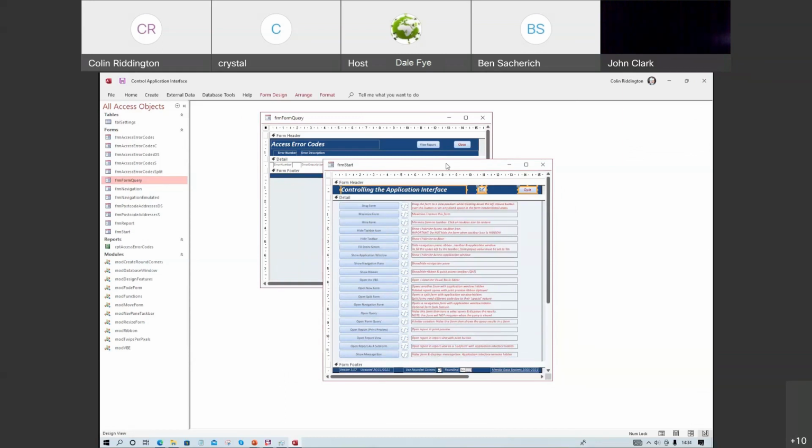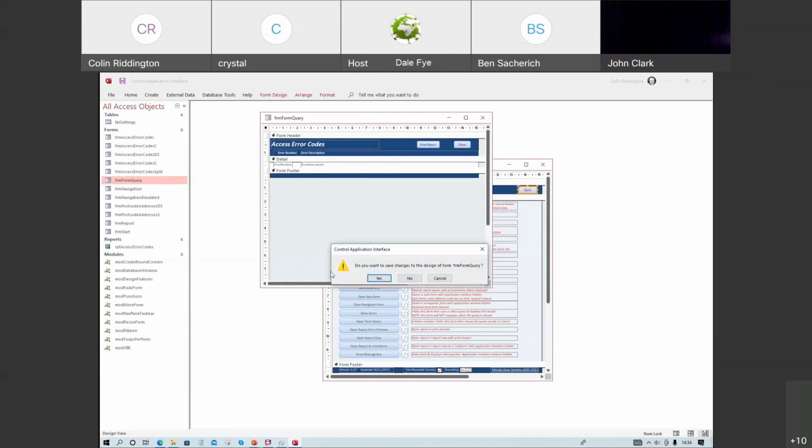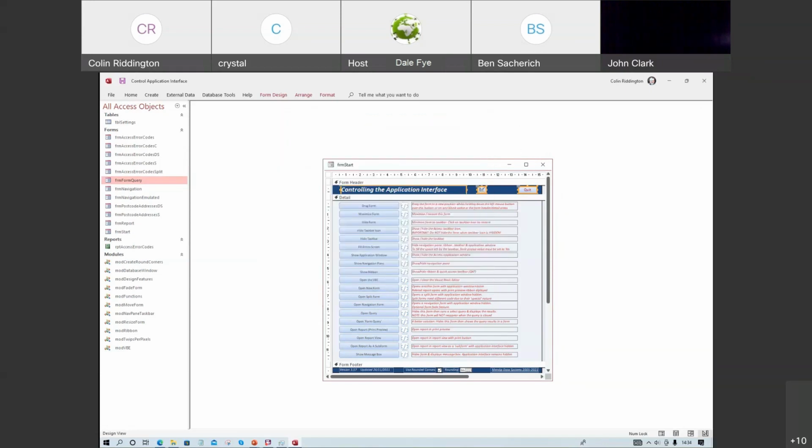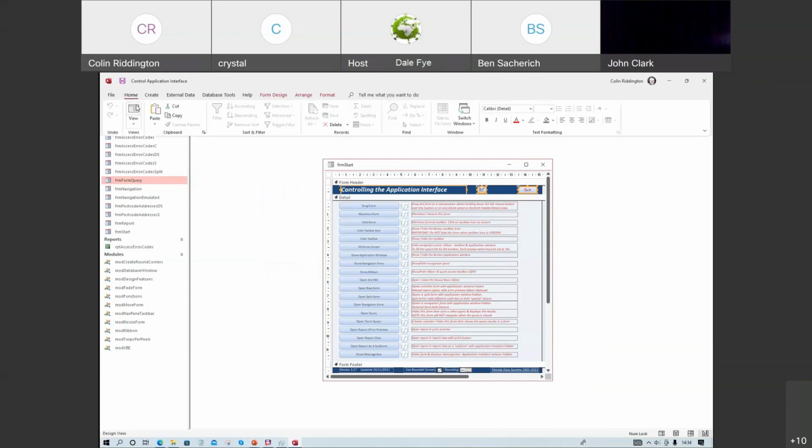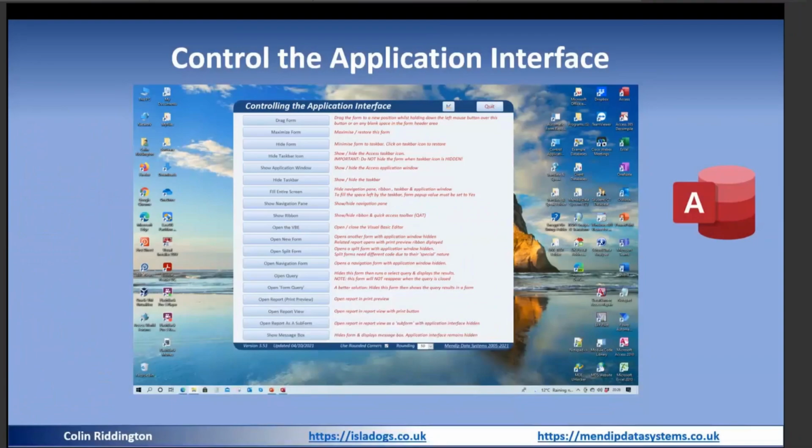Yes, and in the automatic form resizing app that I demonstrated recently, I've since got datasheets working with automatic form resizing, which for 15 years I thought was impossible. It can be done. You can even zoom datasheets. But yes, whenever I do a datasheet, I make it a subform, just so I can have buttons. It's as simple as that. Okay. Right. If there's no other questions, back to the PowerPoint.